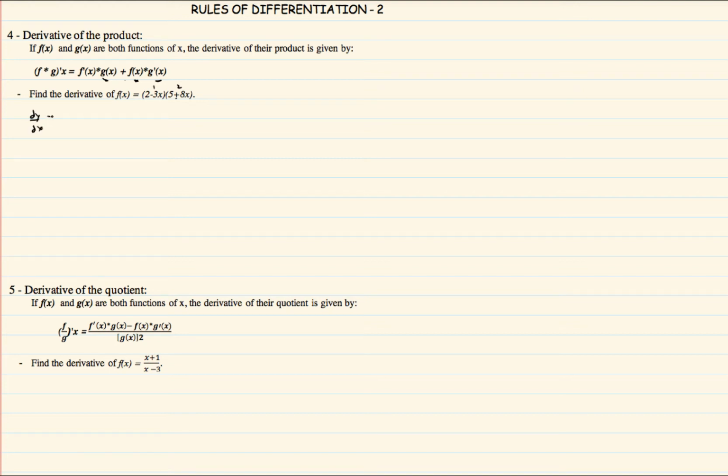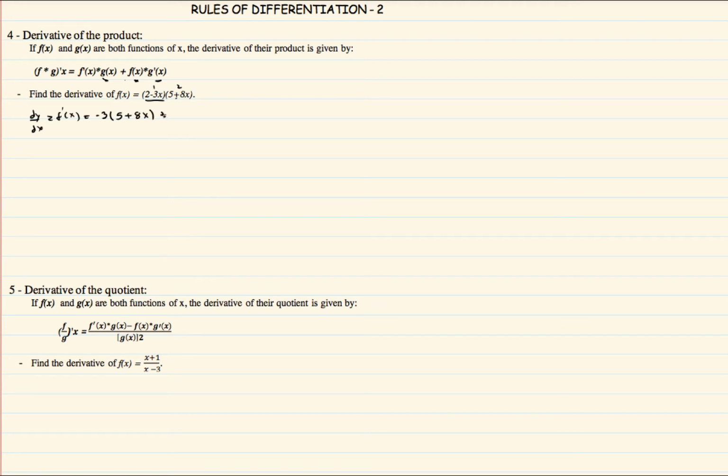dy by dx is equal to f dash of x is equal to derivative of this first function. Derivative of 2 is 0 because 2 is a constant, and then we have derivative of minus 3x. This is equal to minus 3 because we said in the previous video that this x is raised to 1, and then it becomes x to the power 0, and then it becomes all 1. Any number raised to 0 is 1. So we have minus 3 into 1. So this is minus 3 into the second function without any modification to the second function,